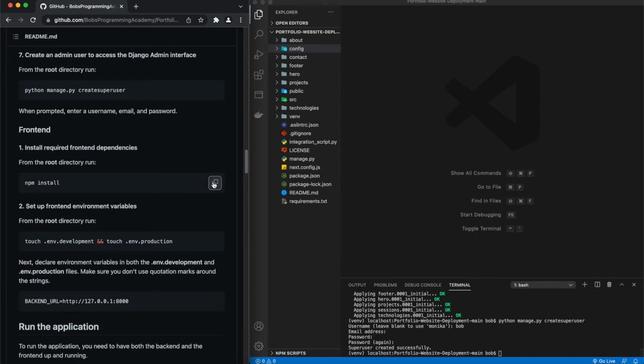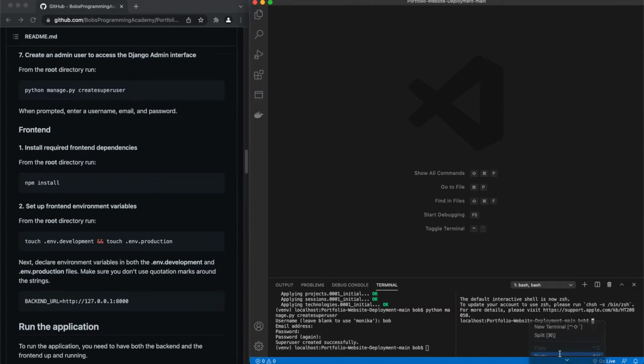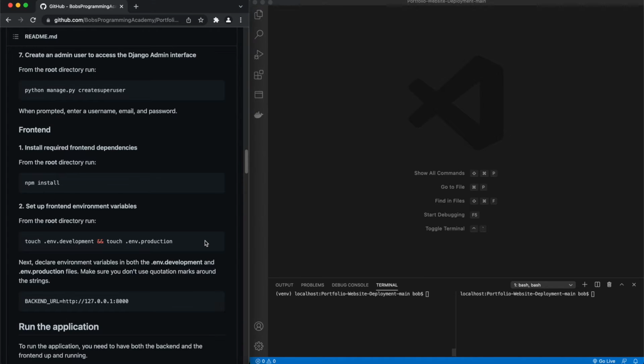You also need to install all the dependencies required for the front-end part of the application. So click on the split terminal and in the second window from the root directory, run npm install. Next, set up front-end environment variables. From the root directory, run